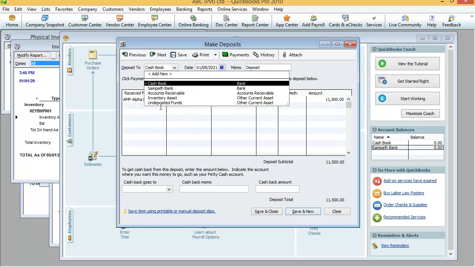If we don't have one, we can deposit directly to the bank. But the only problem is the check date is 11th of January. So we can maintain all these collected checks in a check registry account.